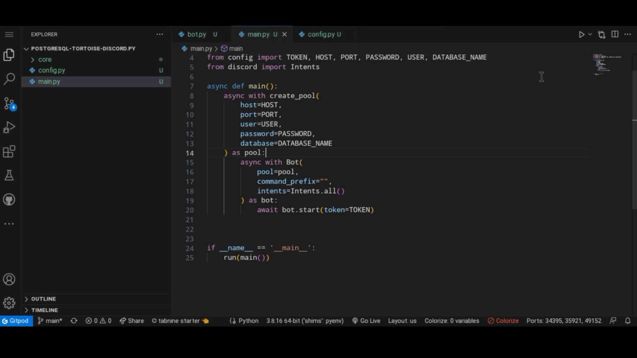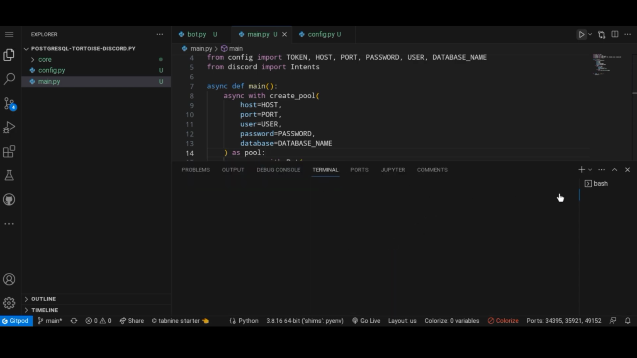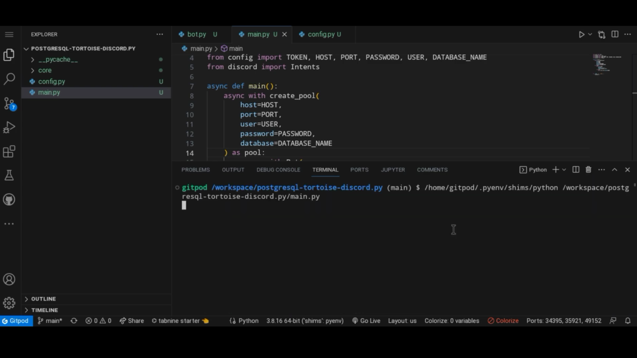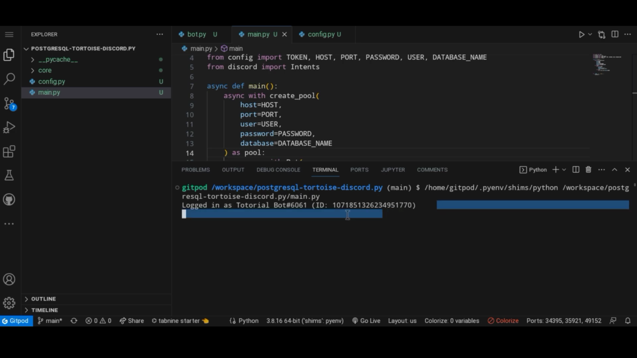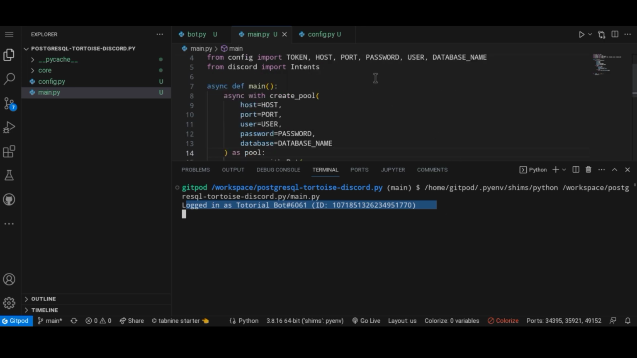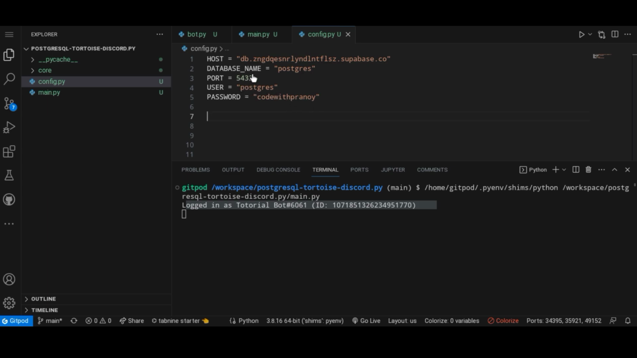Let's see what will happen after running. Okay, so guys, we have successfully executed our bot, and yes guys, this actually works. Because as you can see, we have actually created the pool, and we are actually using the particular database